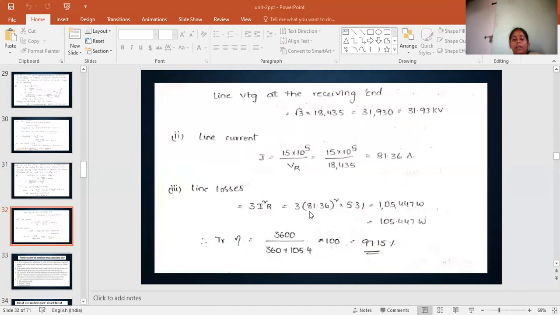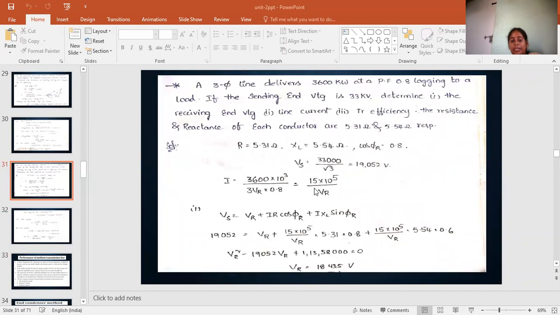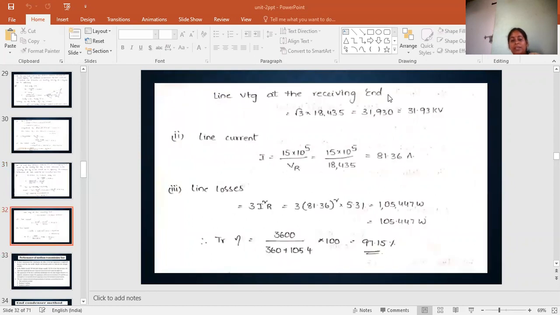And for the line current, I equal to 15 into 10 power 5 by VR. We can substitute the VR value. The current value is nothing but 81.36 amps. And for the line losses, 3 I square R. We know the current value I and R value, and the line losses are 105.447 watts, and we substitute in